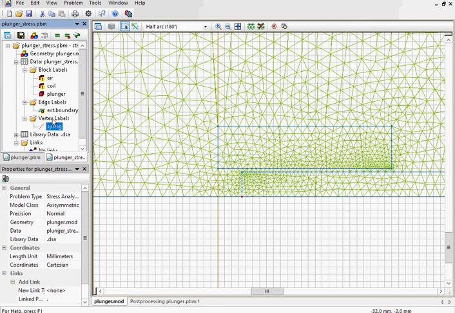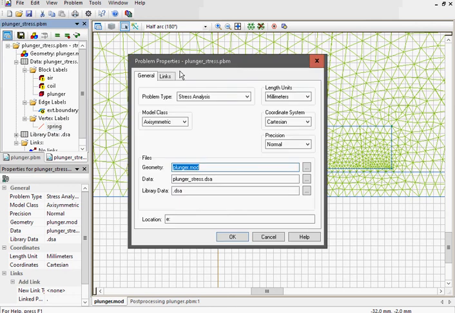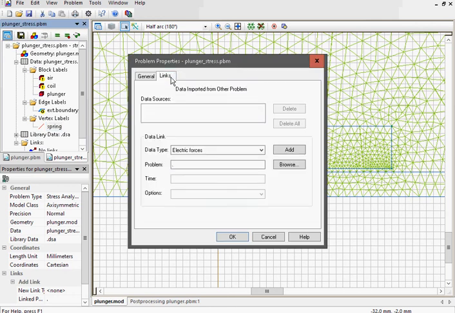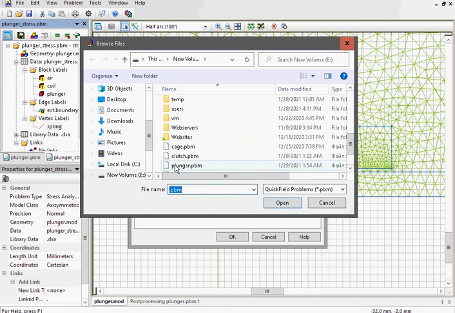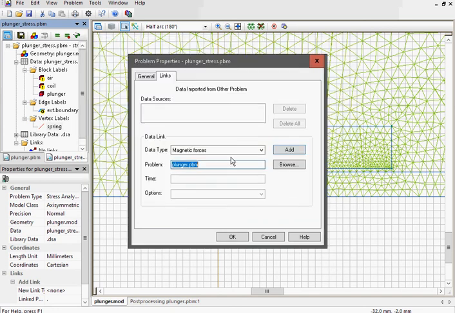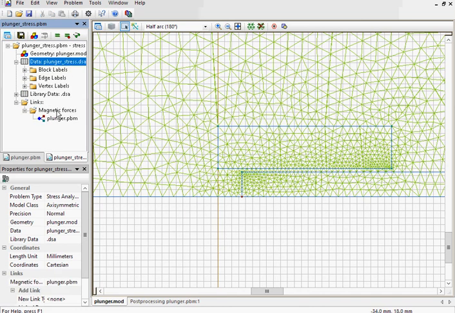Now let's set up the link. Open the problem properties, follow to the links tab, choose the data type magnetic forces, browse for the problem file, which is plunger.pbm. Here it is, open and add the link. Okay. Now the link is added to the tree and we can start the analysis